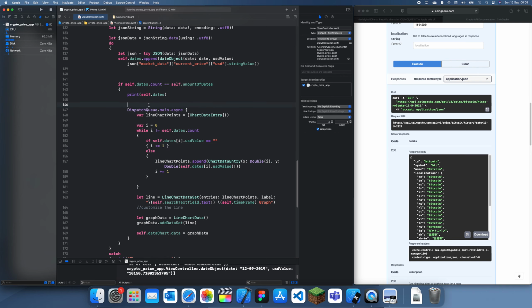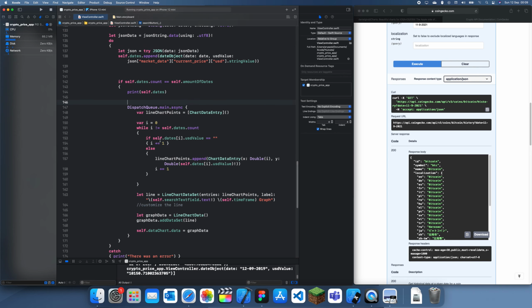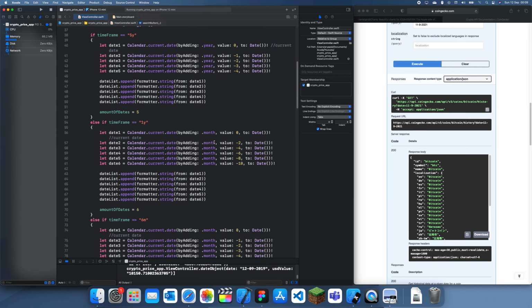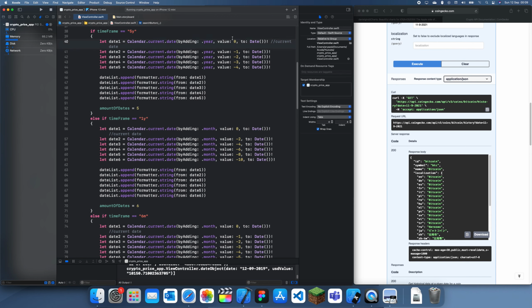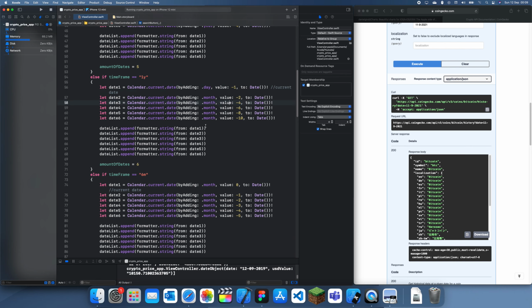So what I'm going to do first is I think I've found a solution to the problem. For some reason it doesn't like it when you get the exact date. So what I can do is just do it 1 day before, and since this is technically not the right date, but at the same time it's just 1 day before, it should be fine. And I think that this should just allow us to